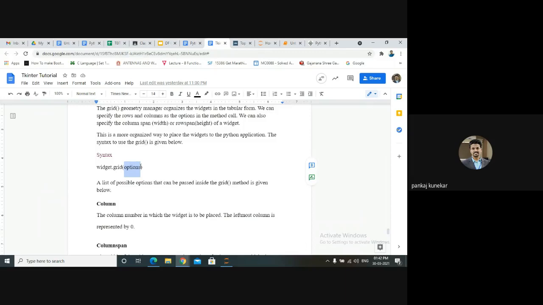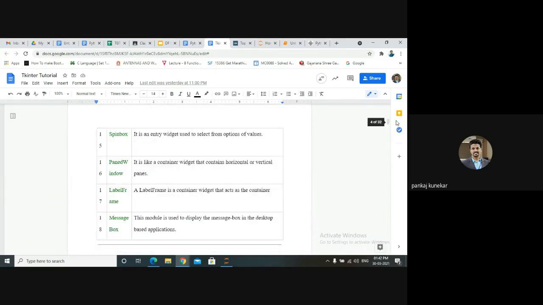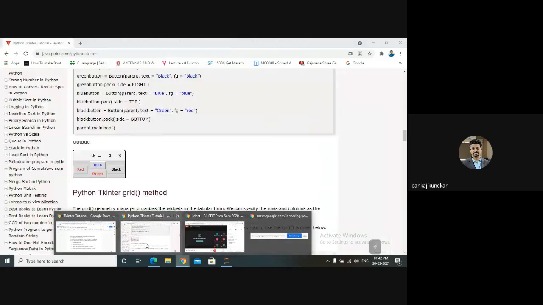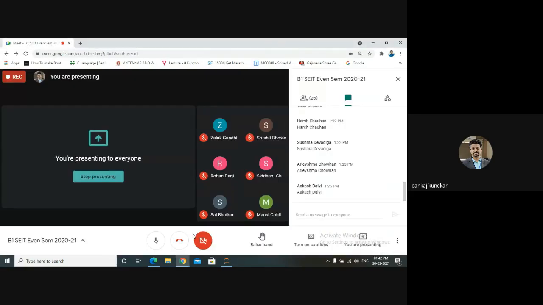These options are telling you that more options are available for these widgets, but we are not getting too much time to cover all the function options. According to your need or the requirement of your GUI application, you can use this. You can use any kind of options in your mini project.